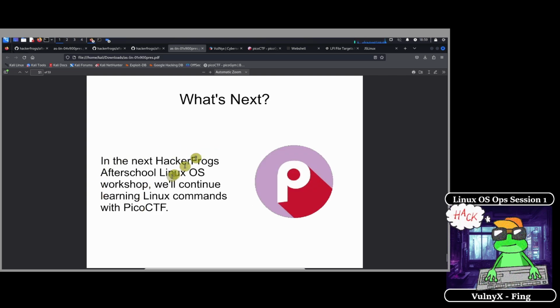So what's next? In the next Hacker Frog's After School Linux OS workshop, we're going to continue learning Linux commands with the picoctf. Everybody, we're going to be back on Wednesday. Let me take a look, I wonder if I can bring up my calendar.